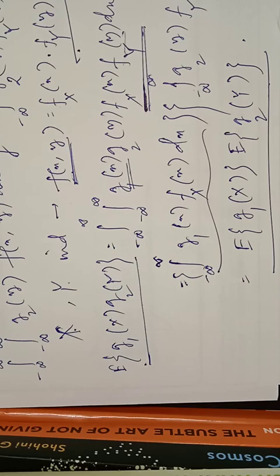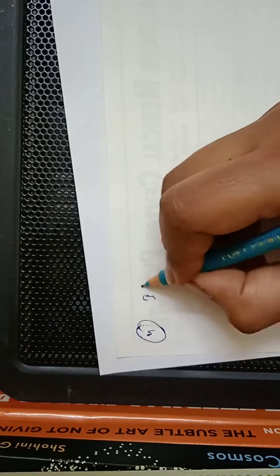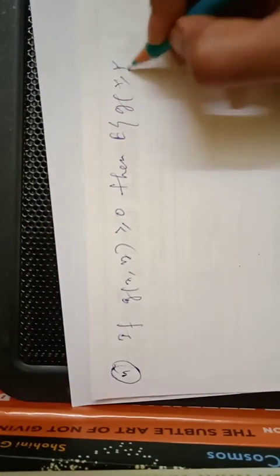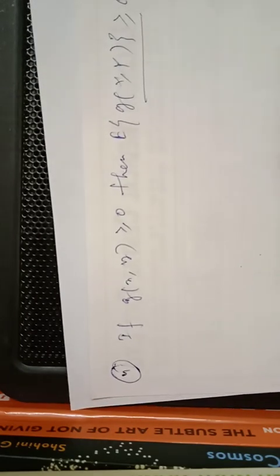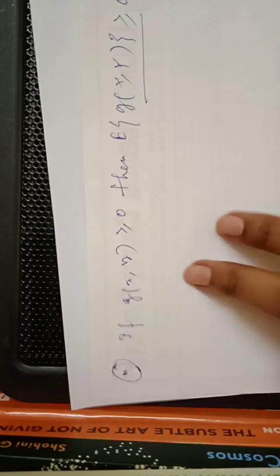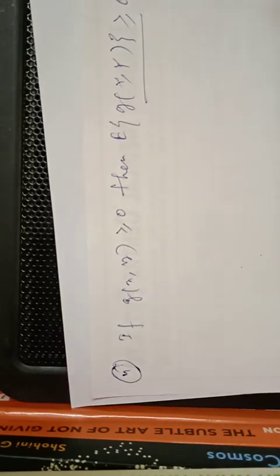Next property is property number 4: if g(x, y) is greater than or equal to 0, then the expectation of g(x, y) will also be greater than or equal to 0, if they exist. Okay, the expectation does not necessarily always exist, because it depends on the absolute convergence of either the series for the discrete case or the improper integral for the continuous case. So if the expectation exists and the function is greater than or equal to 0, the expectation value will also be greater than or equal to 0. Now